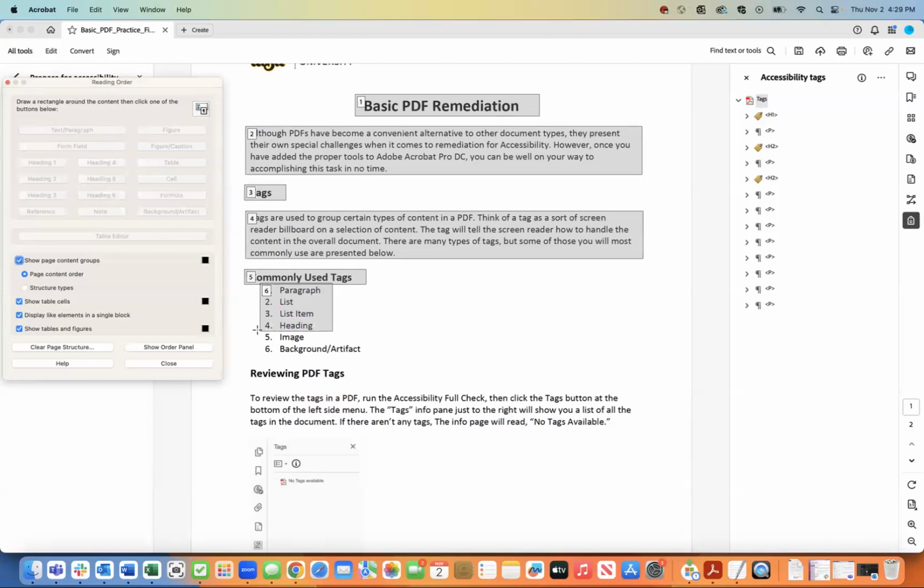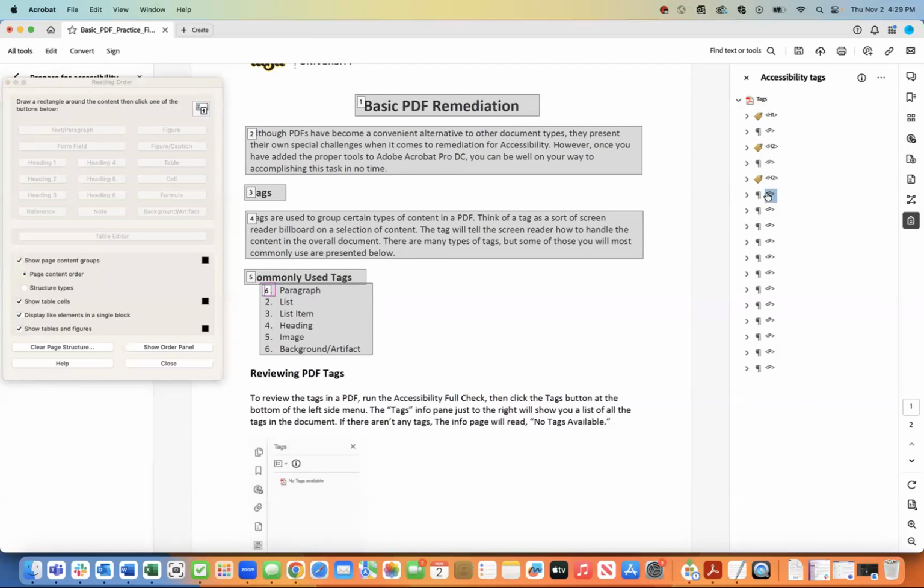Once these items are tagged, we can work with them to make them something else, but they have to be tagged first. Okay. The word image. The number 6. And the label background artifact. Okay, so we have all the items that's going to make up our list